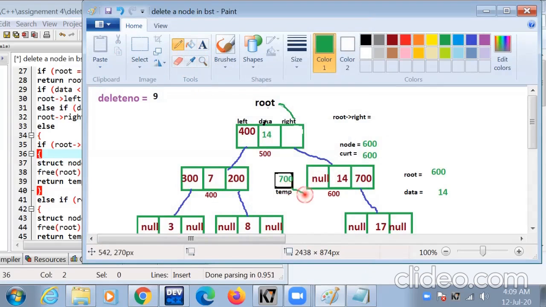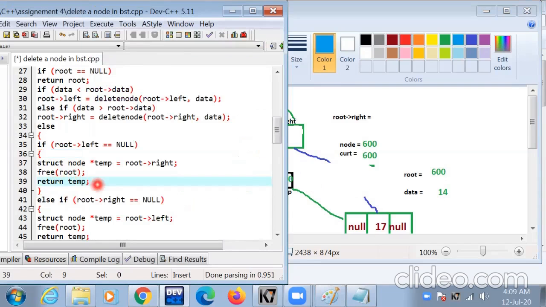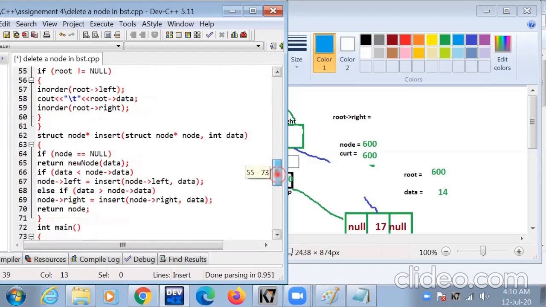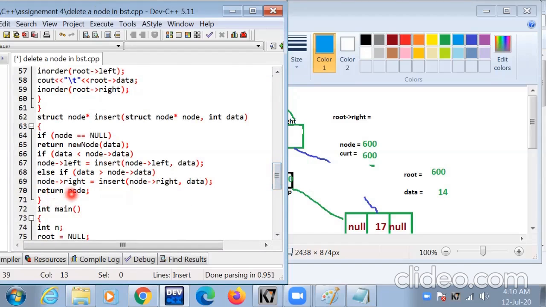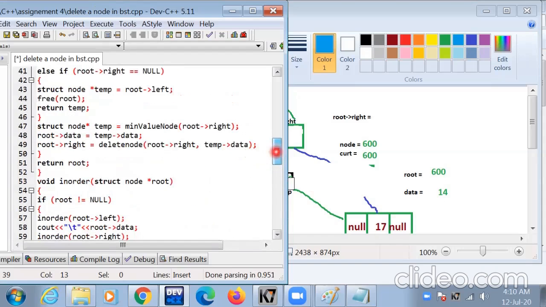Temp points to this node and this node is freed. Now return temp. The value of temp, the value of delete node, is inserted here.